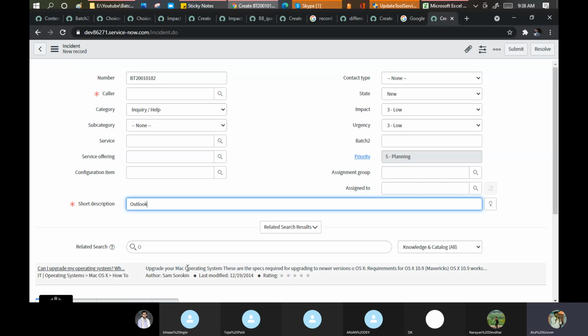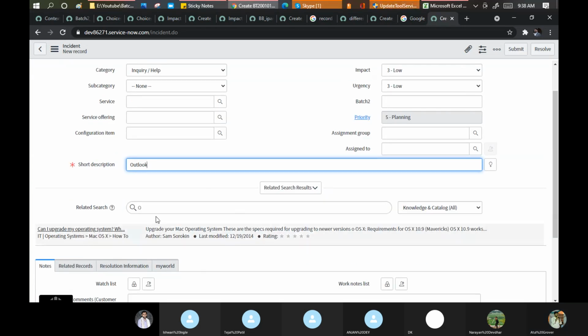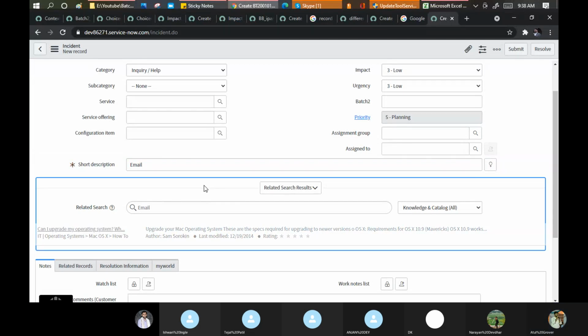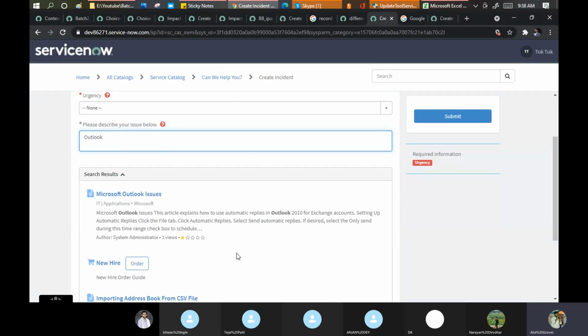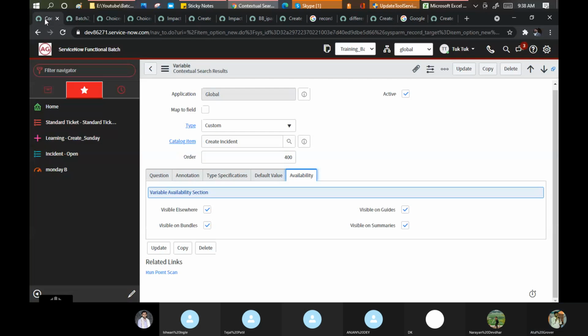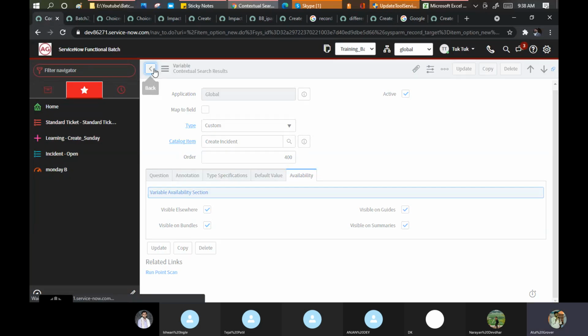This is also the contextual search only. See, I'm getting something. Okay, so it doesn't mean that contextual search only works on your portal page. Even in problem management, you do this part. Specifically in problem management, you use these things, to see how the contextual search is working for me. Okay, so this is one other thing in the record producer for me.